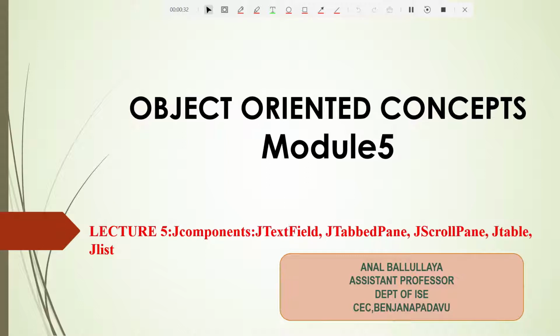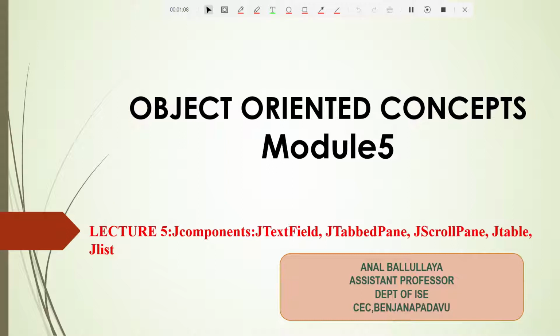If we revise whatever we learned in the last lecture, it is the buttons, various kinds of buttons. We learned how to create a normal button and a radio button. In radio button we observed one important thing, button group. Then we learned about the checkbox, then the drop down, and in a label how to add an image. These were the highlights of lecture 4.